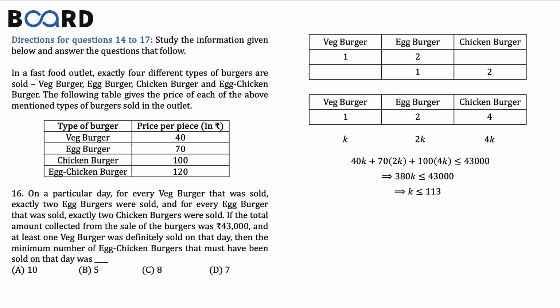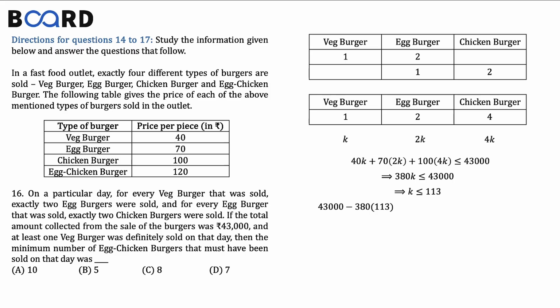43,000 when divided by 380, that's the closest integer we could get. So k can be 113 or 112 or 111 or something lower. We have no idea, so we have to keep on checking by placing each and every value, right? So if I consider k equal to 113, then